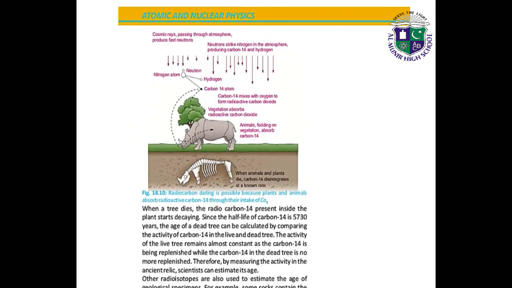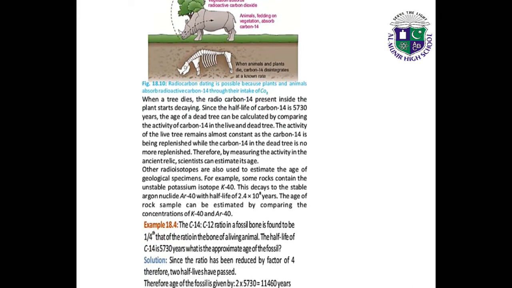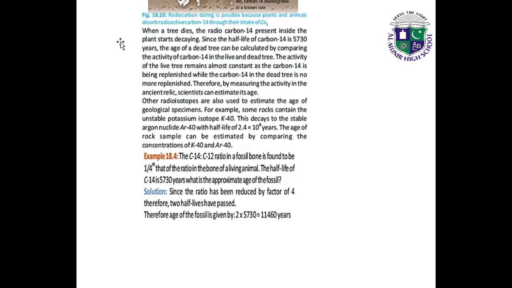Here students, we have this picture which shows radiocarbon dating is possible because plants and animals absorb radioactive carbon 14 through their intake of carbon dioxide. When a tree dies, the radiocarbon 14 present inside the plant starts decaying. Since the half-life of carbon 14 is 5730 years, the age of a dead tree can be calculated by comparing the activity of carbon 14 in the